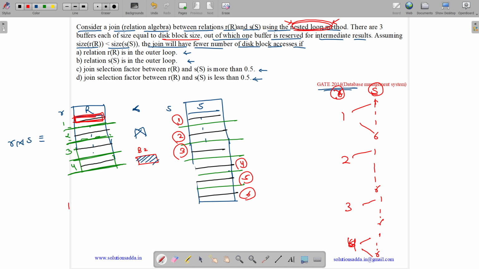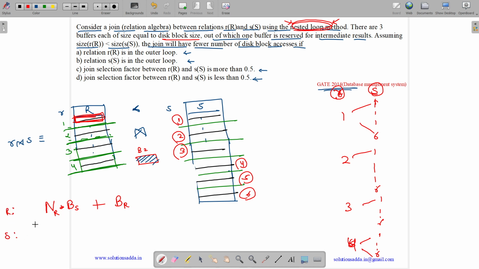Let us suppose the blocks in S are given by B of S. B of S needs to be brought the number of times equal to the number of records in our relation R. Let us assume records is given by N of R. So N of R times we will bring all the blocks. And each block of R needs to be brought also. So it equals BR plus NR into BS if R is in outer.